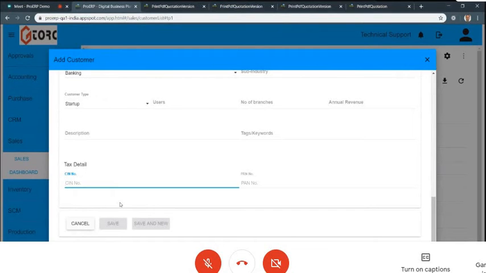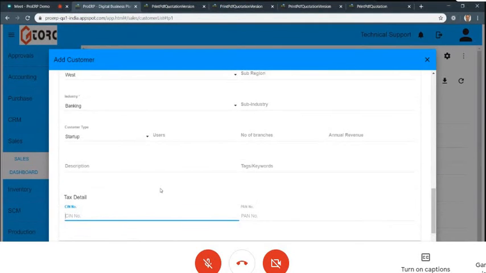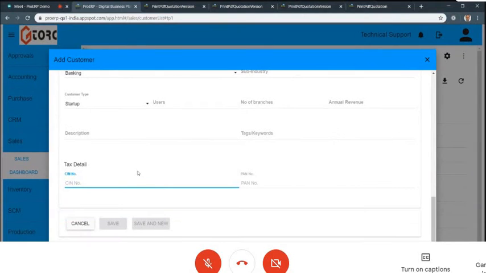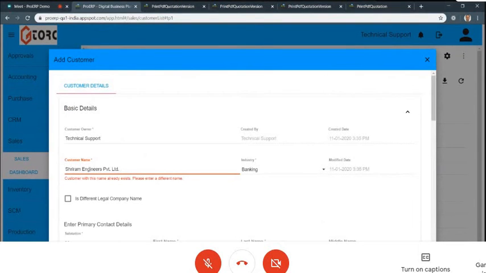If he goes to the CIN first and selects the correct CIN, then everything will be populated according to it. But if he goes to the name first, then he will get into the problem where he'll have five Srirams with five CINs, and he might not have the correct one. That's why I said no system can protect from human errors, because the driver at the end of the day is the human using it.